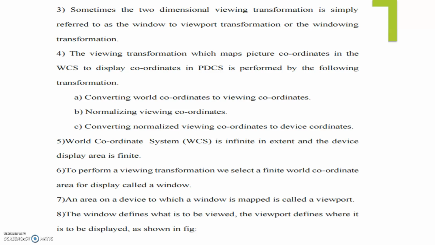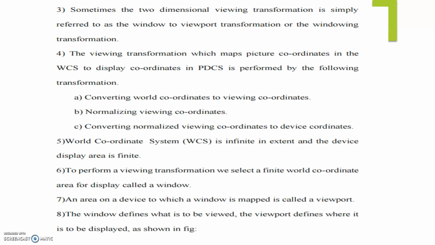The world coordinate system is infinite in extent and the device display area is finite. To perform a viewing transformation, we select a finite world coordinates area for display. It is called a window. An area on a device to which a window is mapped is called a viewport.